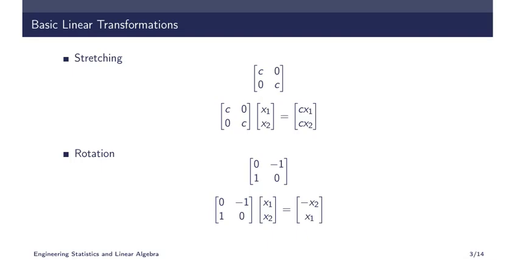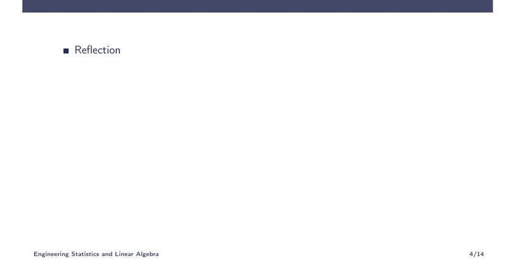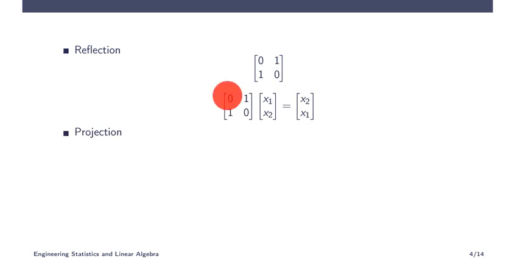Now the next operation is reflection. So reflection is actually you have to multiply with 0, 1, 1, 0. Actually identity matrix is 1, 0, 0, 1. Now it is the permutation. Actually you are changing the columns or rows. R2 interchanges with R1, so you will get this one, or C1 interchanges with C2, so you will get this one. Now what happens if you multiply 0, 1, 1, 0 with x1, x2? It becomes x2, x1.